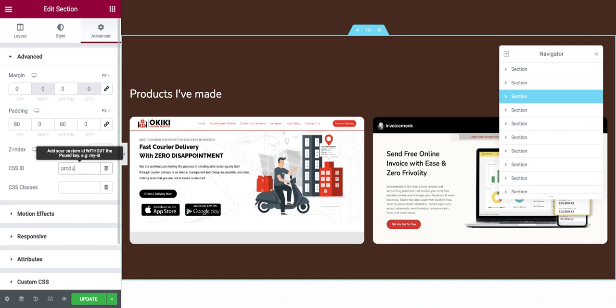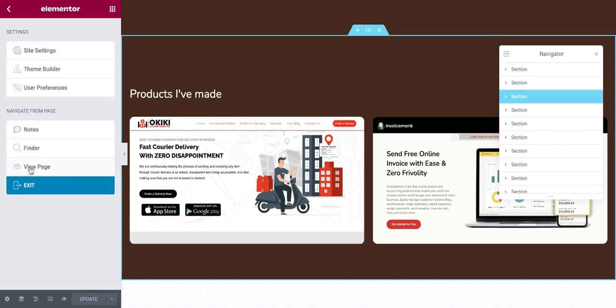I can either choose product without S or with S, but in this case I'll put S. And then I click on update. Now that we have done this, the next thing that we need to do is our menu. Now, if we click on view page